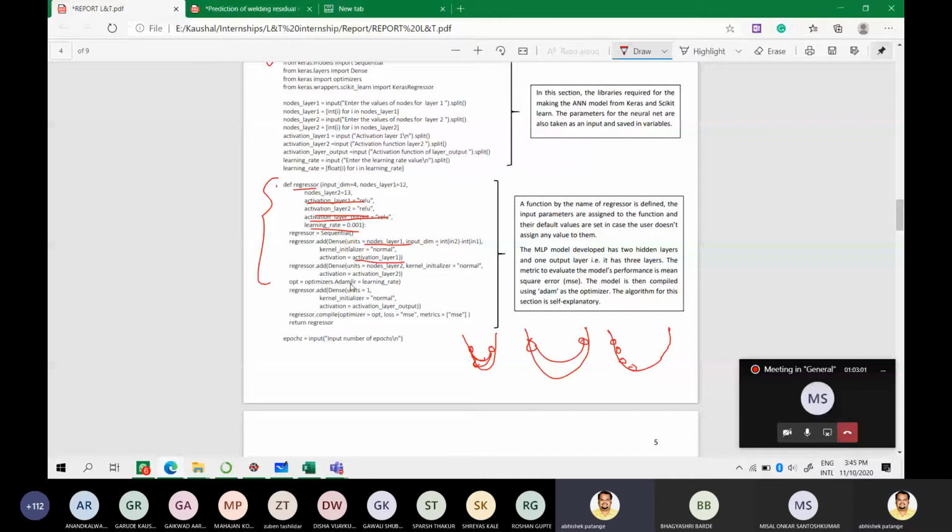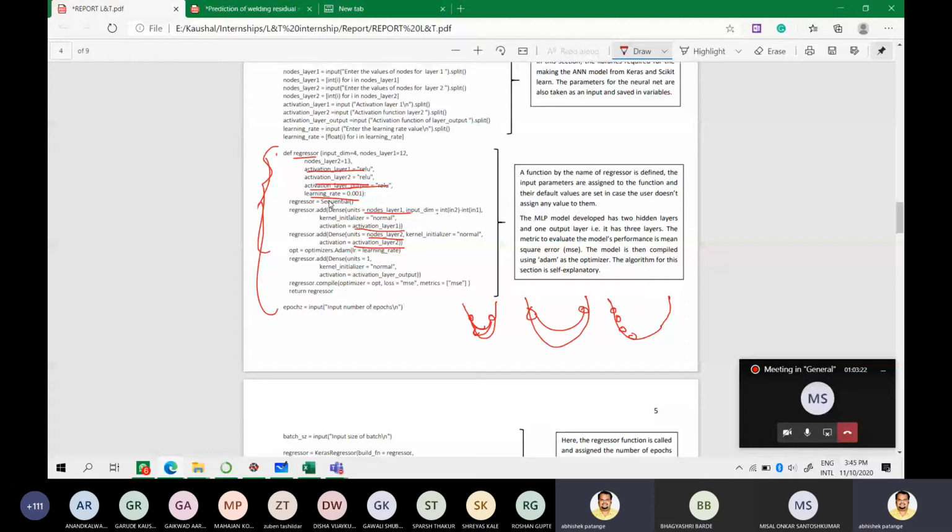You can read, I'll send you this report. I have compiled the data, I have created the model here, and then I have compiled it. See, compile. I have compiled the model with what optimizer and losses I need. So once I compile it, it is like compiling a code as you have done in C. So this is defining the variables, defining the model, and this is compiling the model. Epochs is nothing but the number of times you run the system, run the model. I said reiterative iterations. It is the number of cycles.